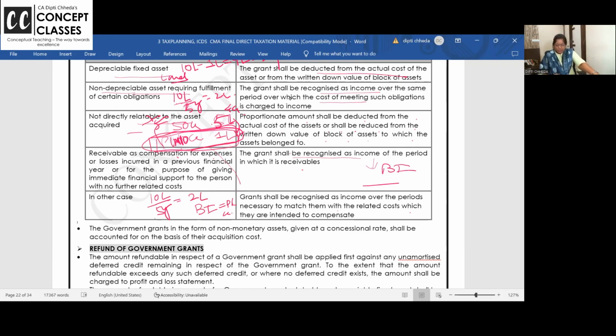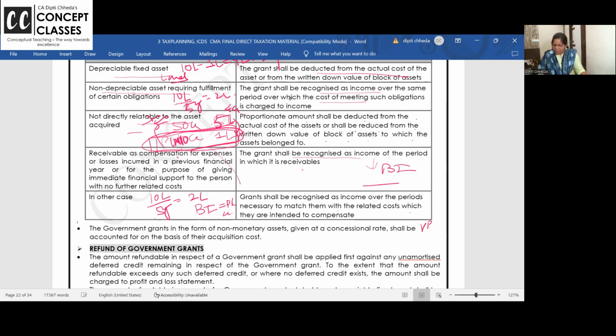Got it? At a time, how much grant have you got? 10 lakhs. But how much will you pay tax on every year? 2 lakh, 2 lakh, 2 lakh for the coming 5 years. The more you study the business head, all these amortizations will be clear to you.